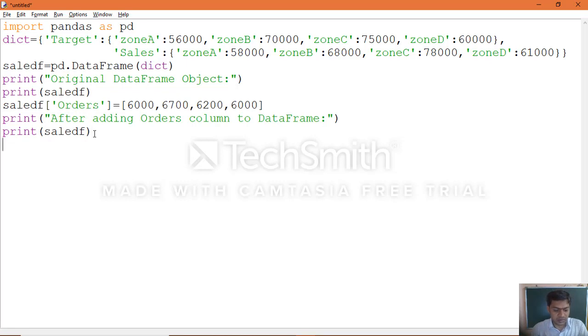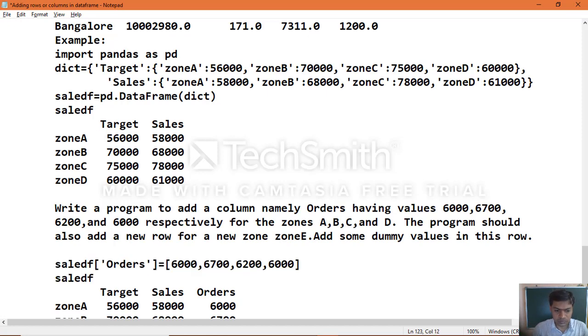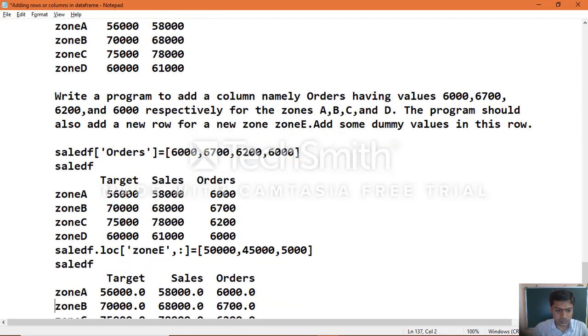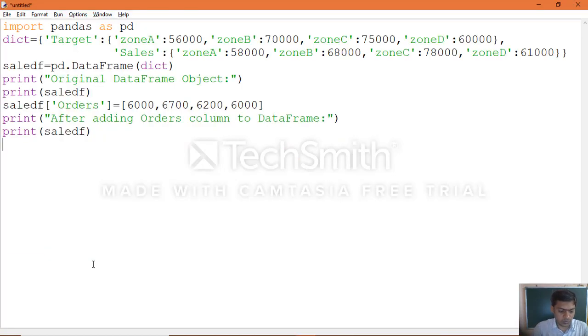Now you want to add the row. Here also you can specify a print statement.